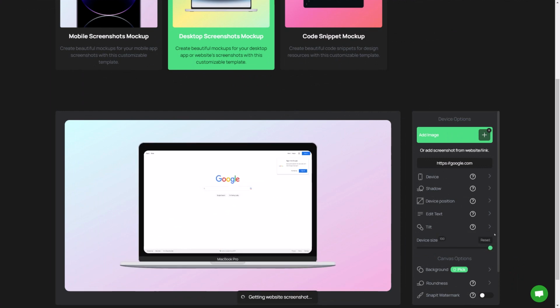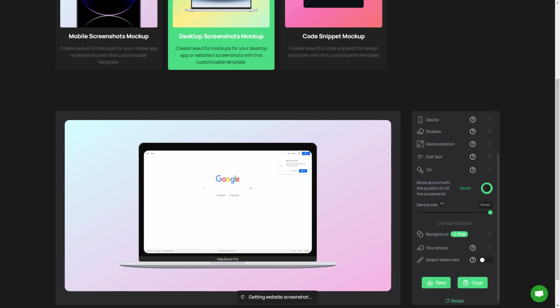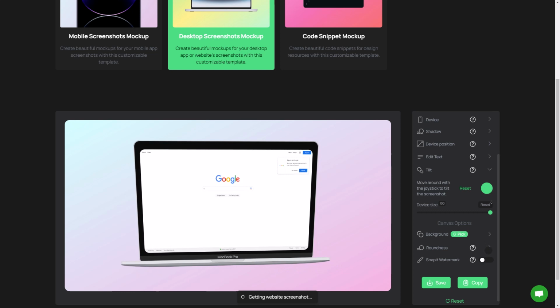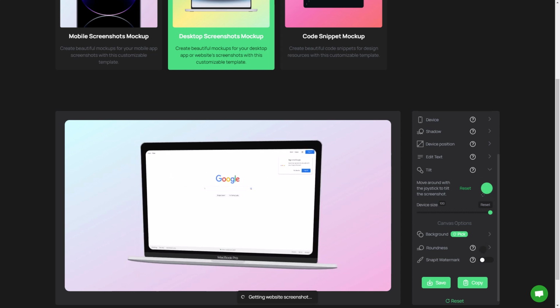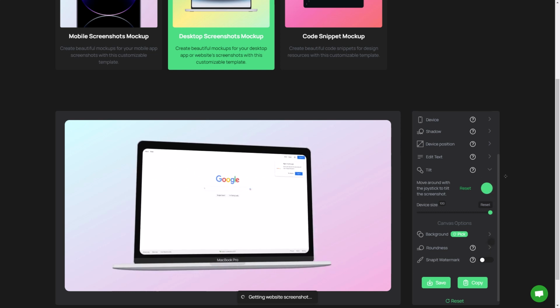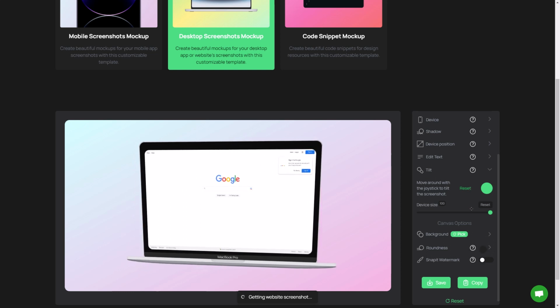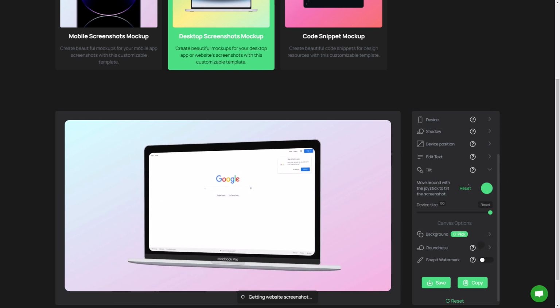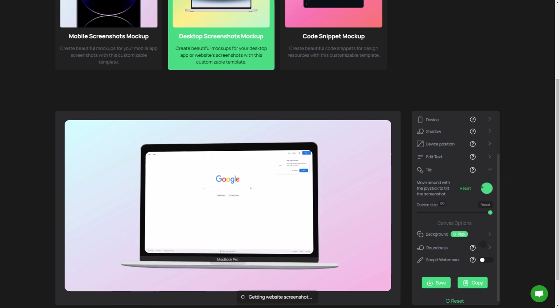And I forgot to show this on the previous snapshot, but this is really quite useful. The ability to tilt, I think that just makes it look so much more professional when we can tilt it to the side, up and down. And we just do that by dragging our mouse around or dragging this ball around.